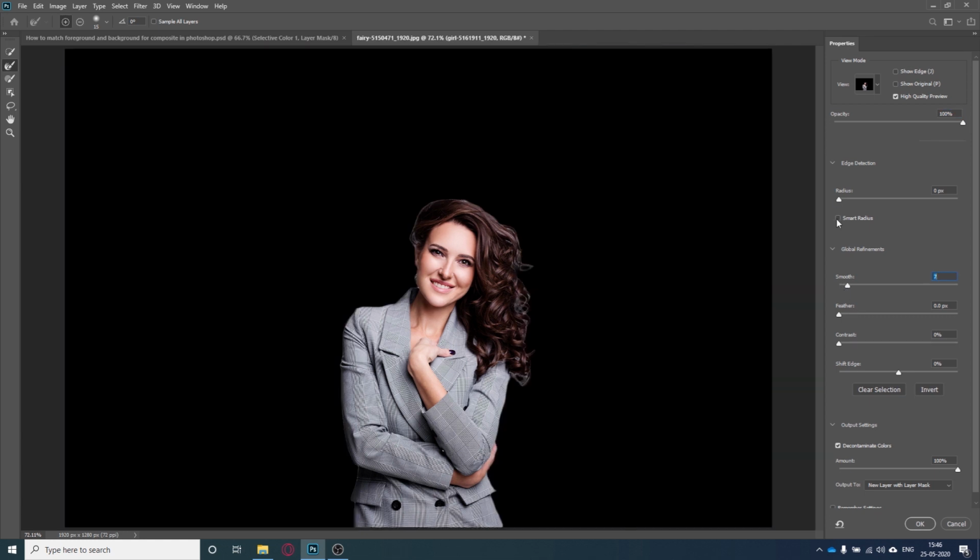I can turn on Smart Radius. For the selection you can see we have a huge change here. So now I will shift the edge a little bit like this, and now I will click on OK.